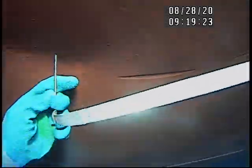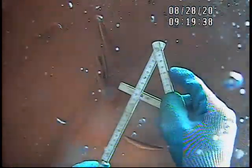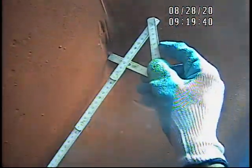Okay, let's take a measurement of it. How deep is it? Let's use the tape that Johnny gave you. Let's see how deep it is. The scorch looks pretty defined right there. Yeah, painted over. So it's painted over. So it looks like this was